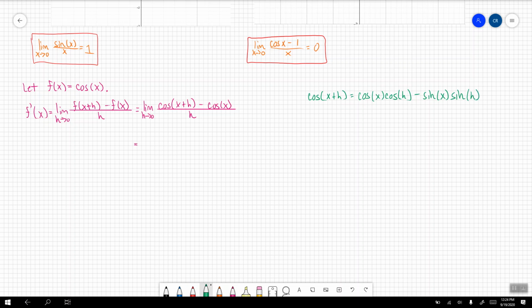And again, this goes back into the sum and difference formulas for your addition or subtraction of trigonometric angles for sine and cosine. All right, so once we're able to extract this, I'm going to go back to my limit,